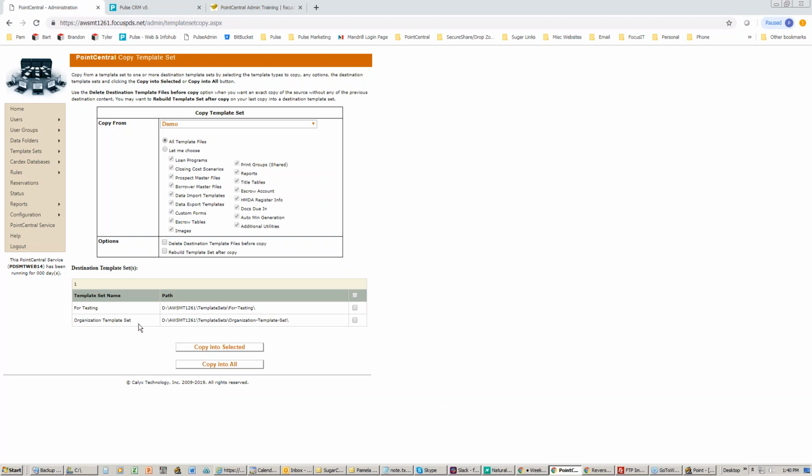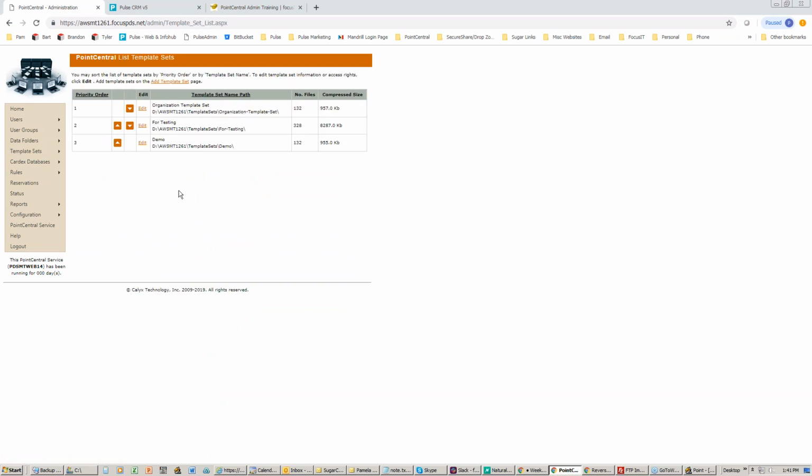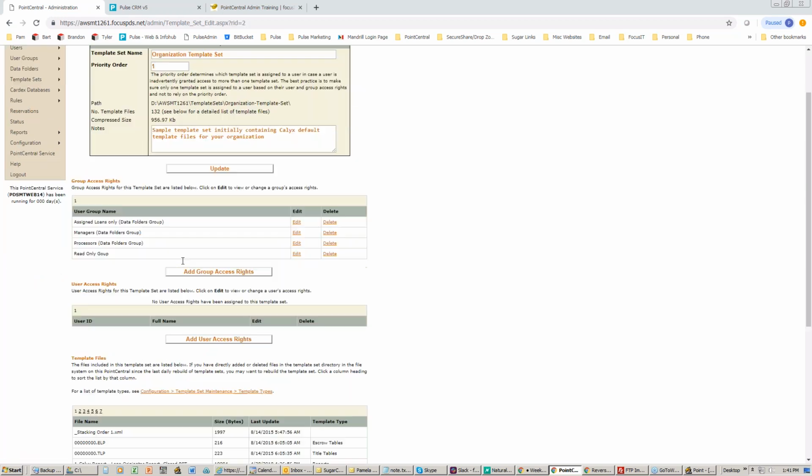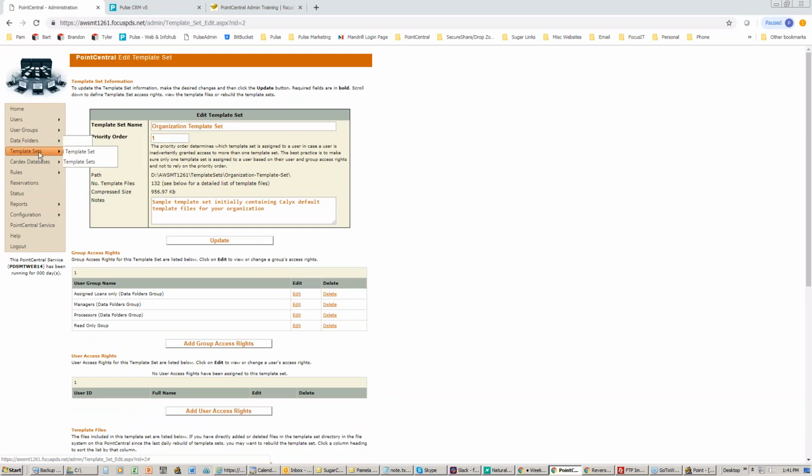If I wanted to copy it from demo to the organizational template set, I could do that. I can come down and say copy into the selected. I can select one, I can select many, or I can simply hit copy into all. This here is basically copying from one template set to the other. Before you do any of that, you can actually come to the screen and, sorry about that,